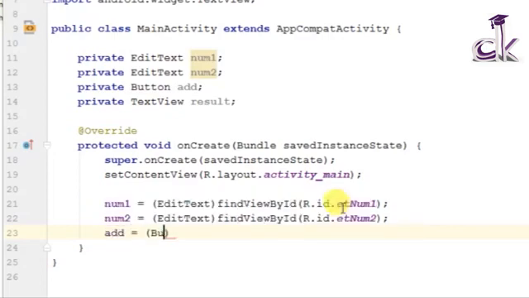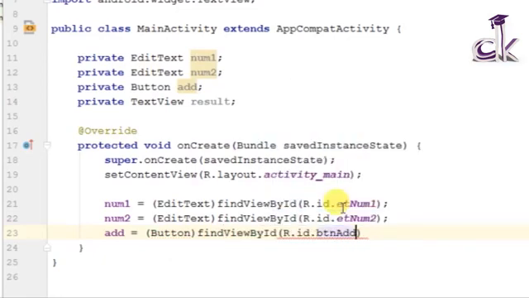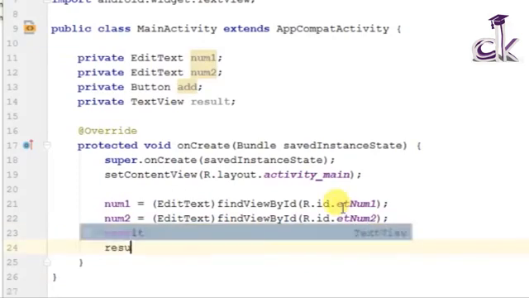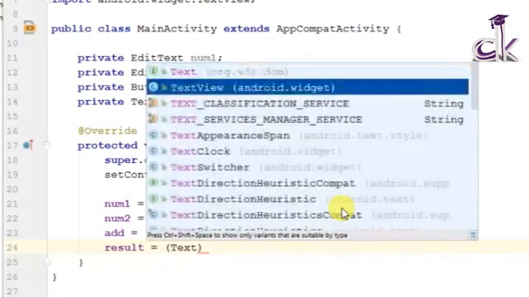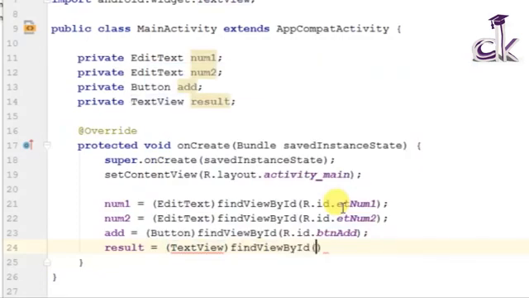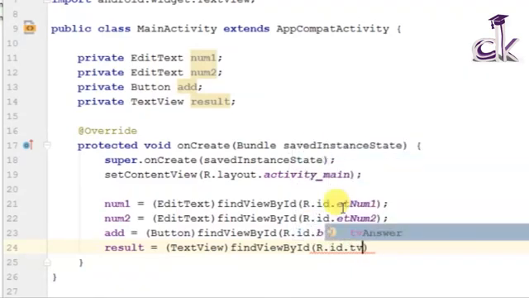So we need to typecast it with Button, and then again findViewById, R.id. If you remember, it was btn_add. Next we have our result, which is the TextView to display our answer. So TextView, and again findViewById, R.id.tv_answer.